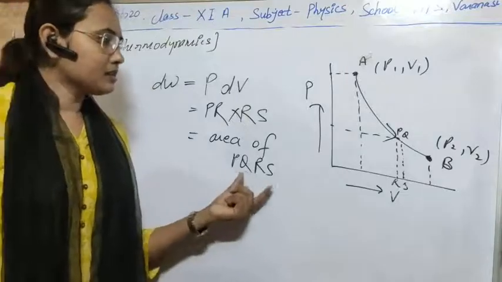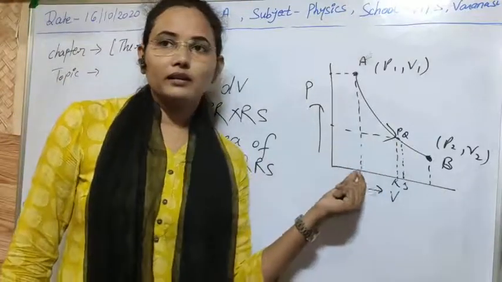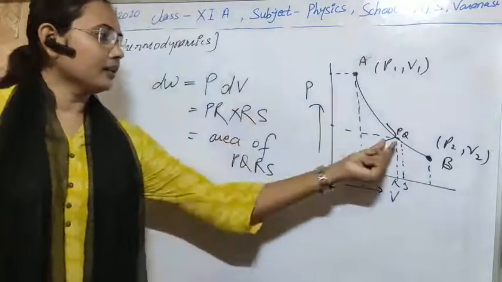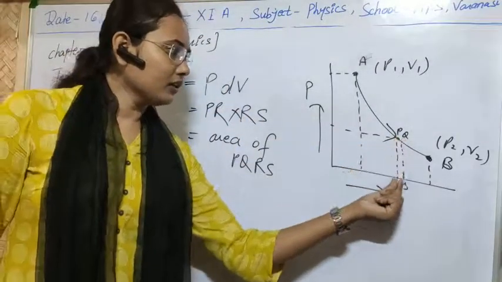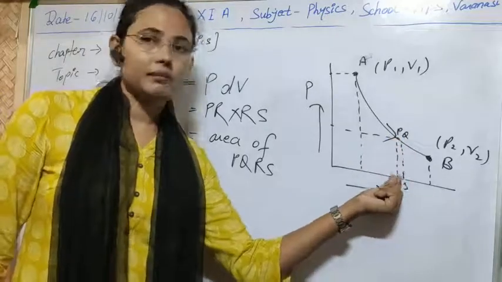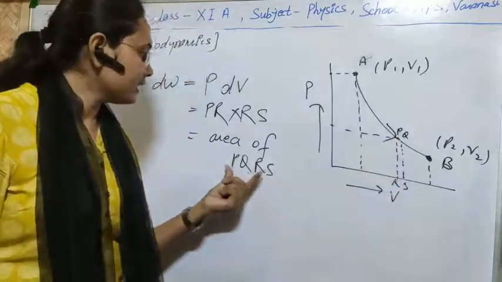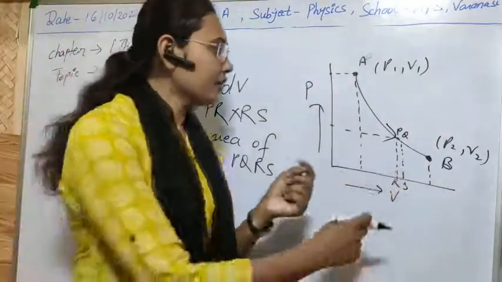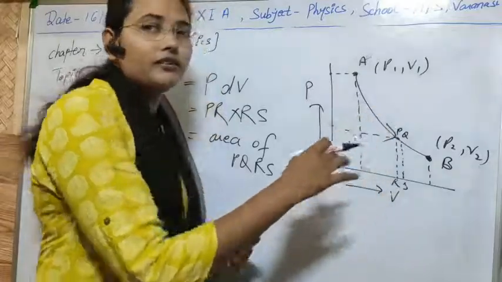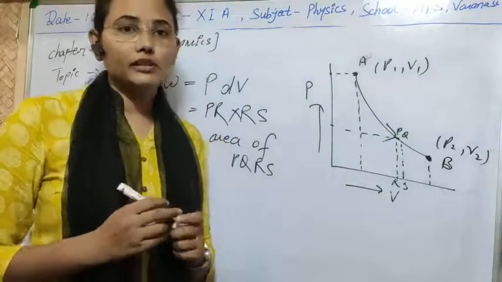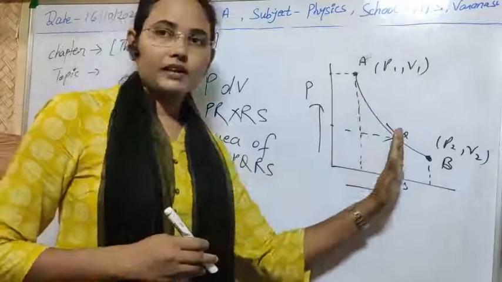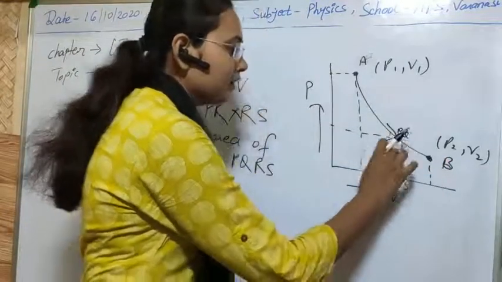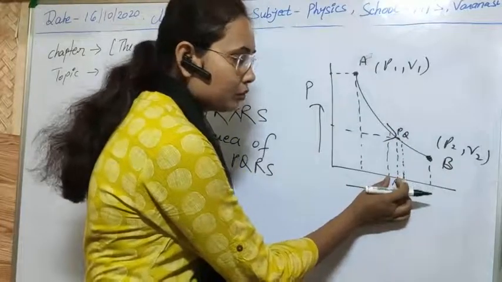Here, if we want to calculate the work done in expanding the gas by an amount dV, then after calculating only the area of this strip on the PV diagram, we can easily calculate the work done in expanding the gas. In a similar way, if it is divided into an infinitely large number of infinitely small equal strips, then we can calculate it. Suppose there is one more strip, then its area will be the work done in expanding the gas through this volume.